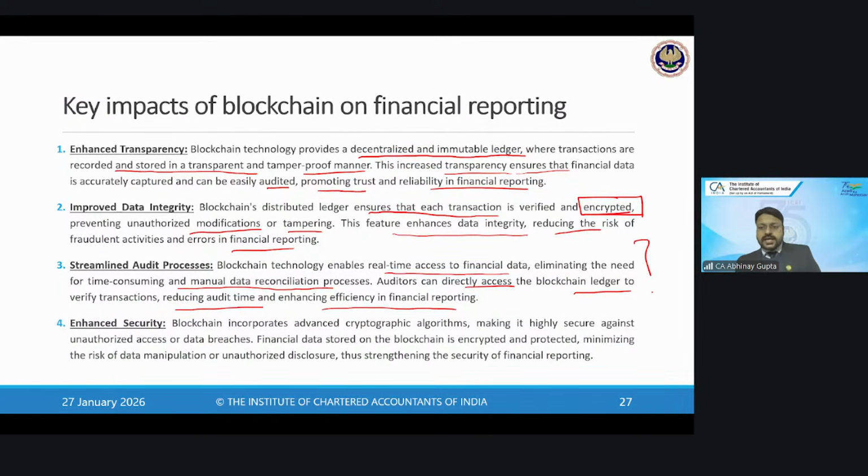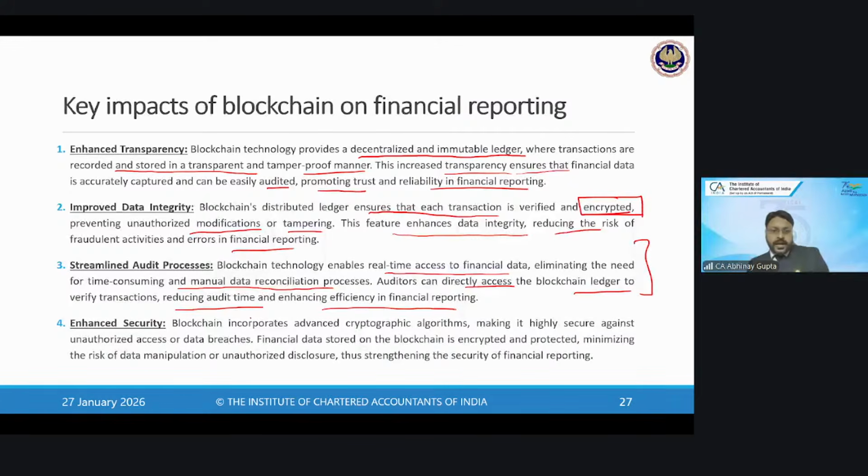So, although this technology has not yet started being used at this point in time, this is a future technology. Right, we are expecting that blockchain will come and it will be used going forward, but on today's date no organization is using the blockchain for maintaining their financial statements or financial records or getting the audit done. But this is what we are expecting once this technology gets global acceptance and approval, and this will be the